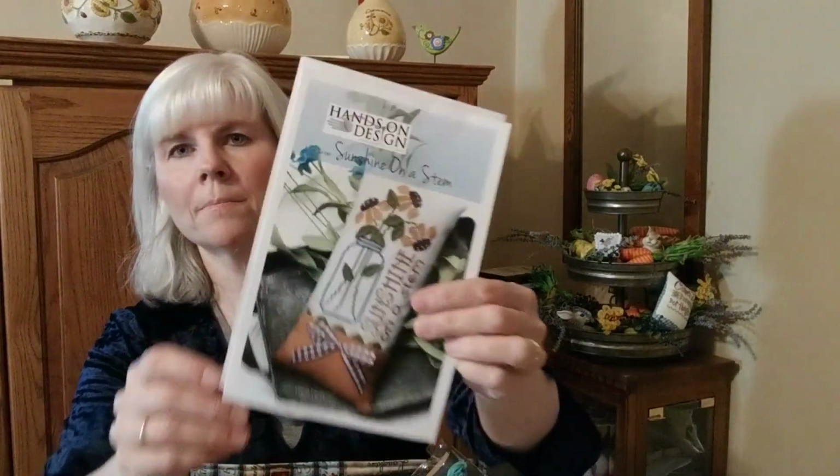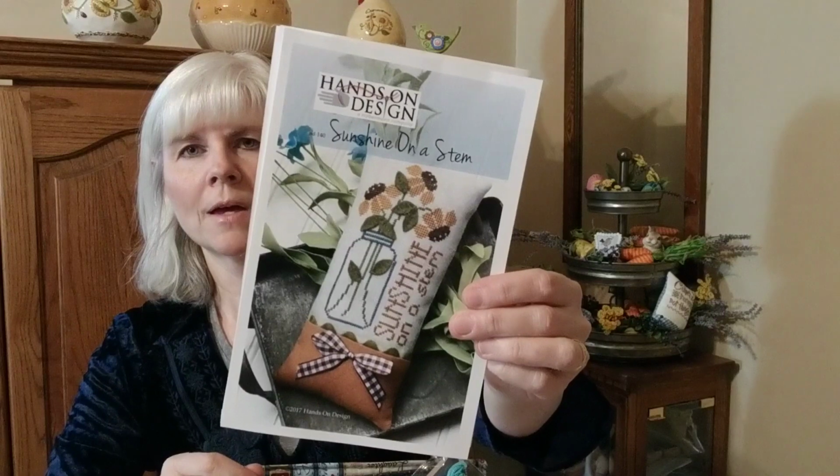And I know I mentioned this one before. The Hands On Design, Sunshine on a Stem. I'm planning on starting that sometime through Stitchmania. I'd hoped to do that one last year and never got around to it. So